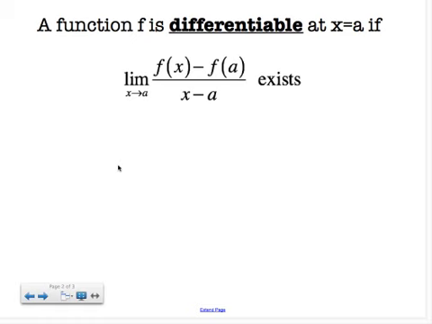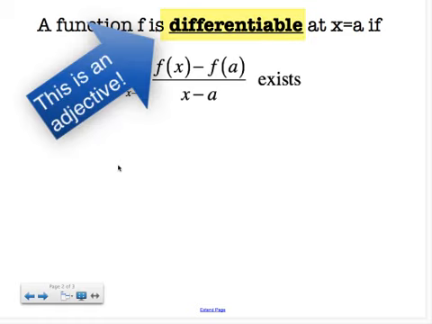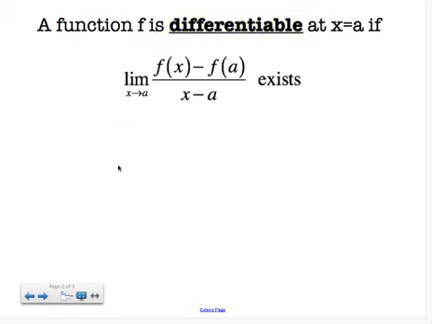Alright, so a function f is said to be differentiable at x equals a if this limit exists. And you'll recognize this limit from last class as being the calculation for finding the slope of a curve. So what we're saying is a function f is differentiable at a if there is a slope at a. Now, this is a pretty straightforward definition. You take your function f, you subtract f of a, divide by x minus a,